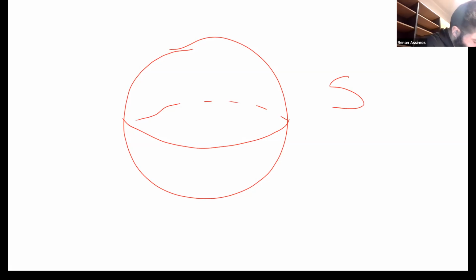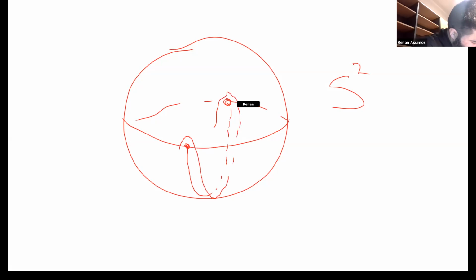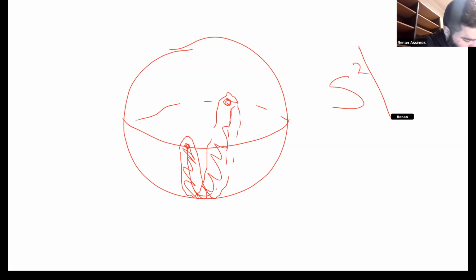And imagine that here I pick two antipodal points, and I connect these two antipodal points by a geodesic, so half of an equatorial subsphere, and I take an open subset of this set. So then I say here's S2, and I remove half of an equatorial